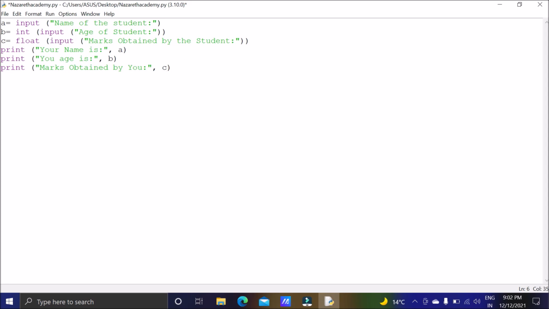So this is the message which will get printed, your name is, and then whatever name will be given by the user, then your age is, then whatever age given by the user, and third one, marks obtained by you, will be whatever given by the user. So let's run this code, so we will be able to understand this.